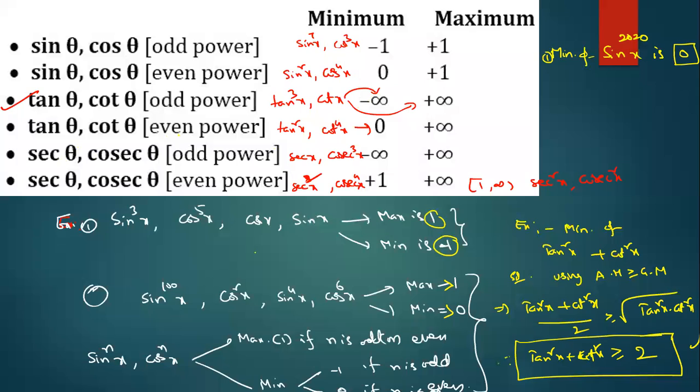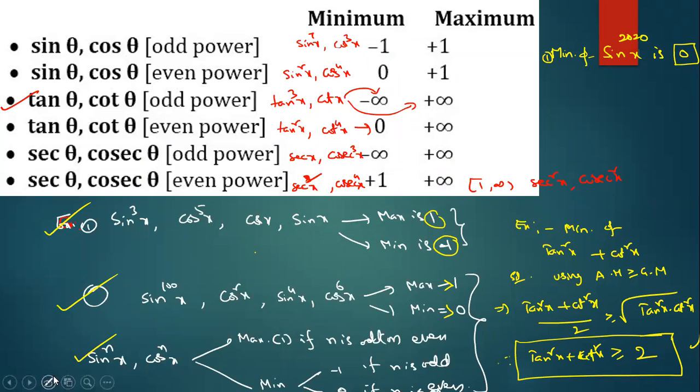Good. First of all, I'm saying thanks to all of you for listening carefully. So I'm giving some examples. Try to give your own examples also. So cos power 5x, the maximum or the minimum, sine power 100x. I think you can see, I wrote it. This is the conclusion I'm giving.